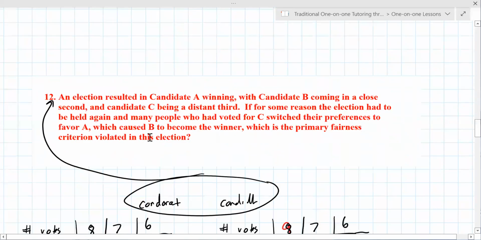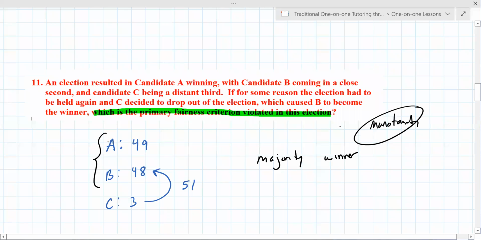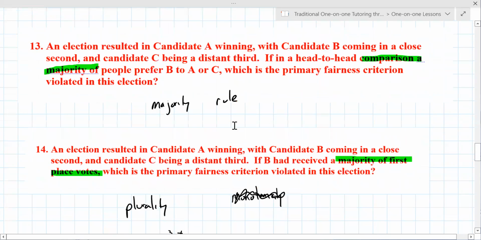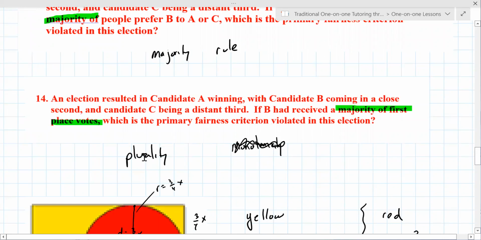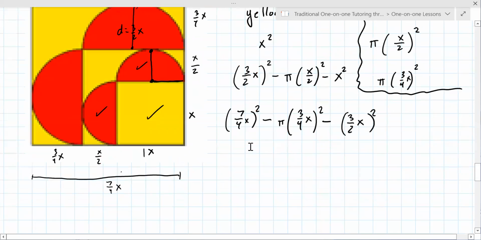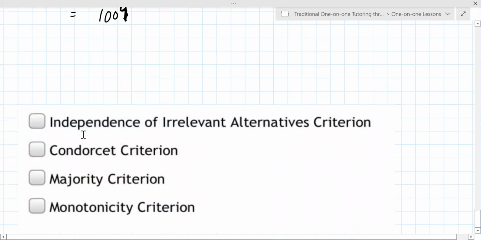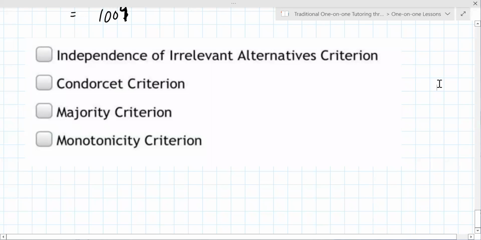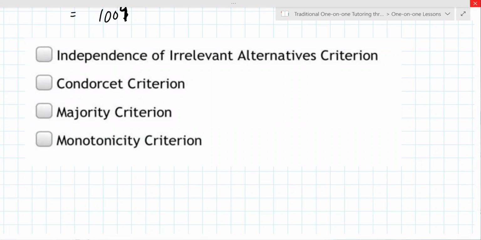The second one is the Condorcet. So maybe make these more clear. And then majority rule, plurality. But the thing I keep seeing over and over again for these is these four. I don't know if that could play in. But yeah, that's probably it for us for today. Thanks